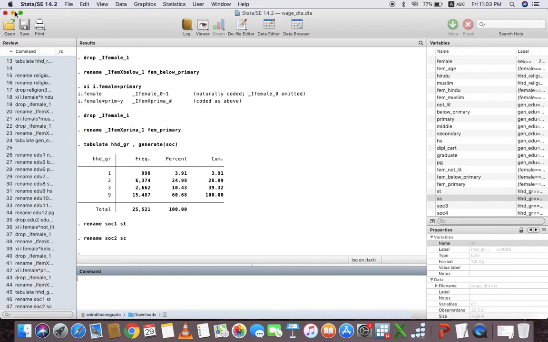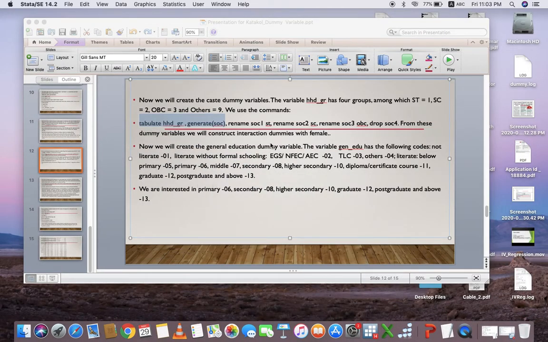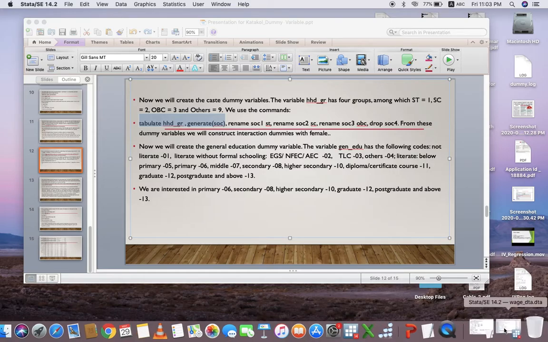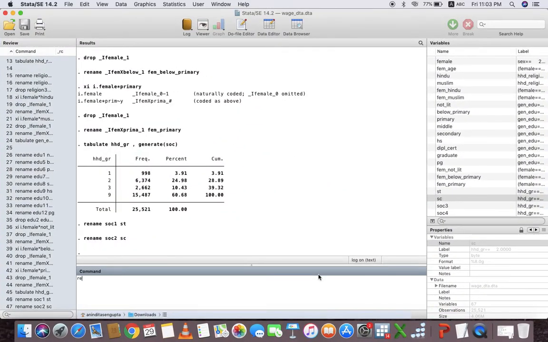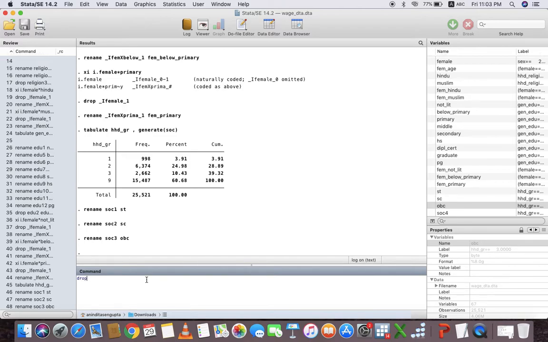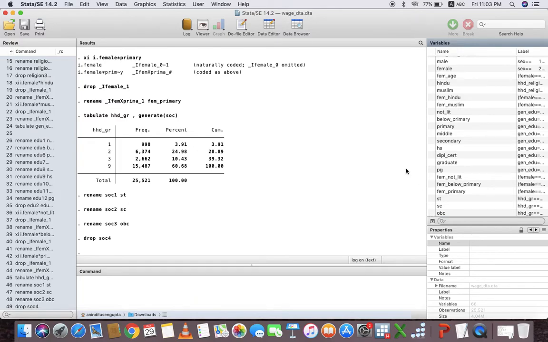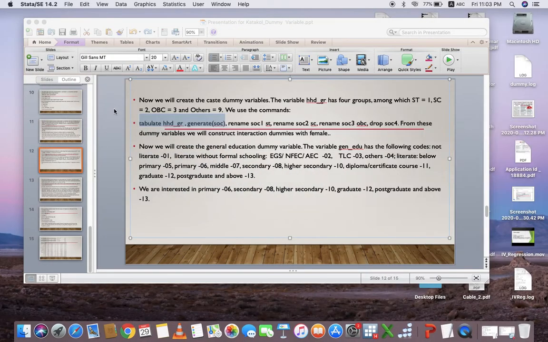Then SOC3 as OBC, and then we drop the remaining one. So we have created ST, SC and OBC caste dummy variables.